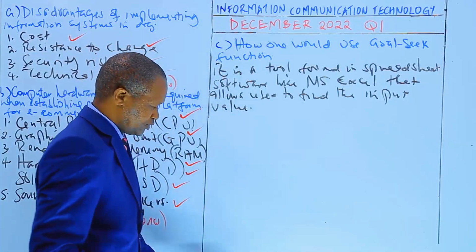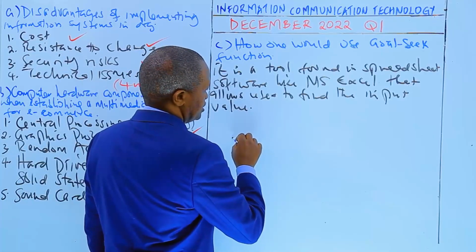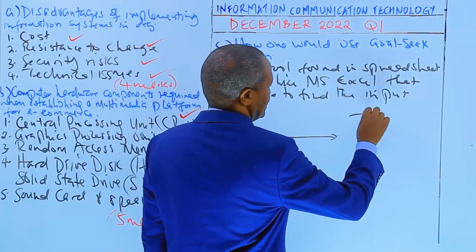I've given an example where an organization would want to achieve a certain target